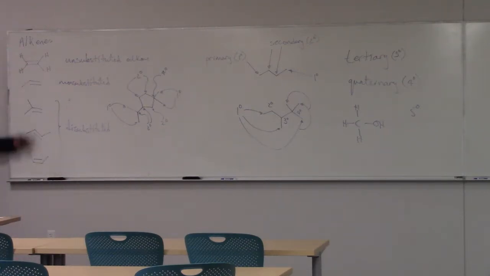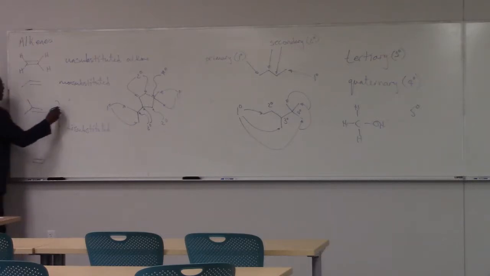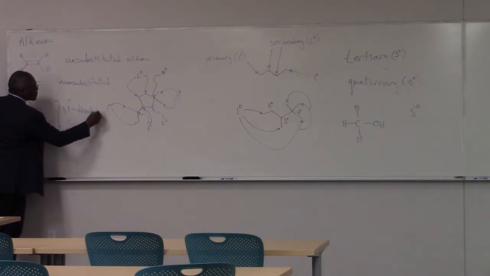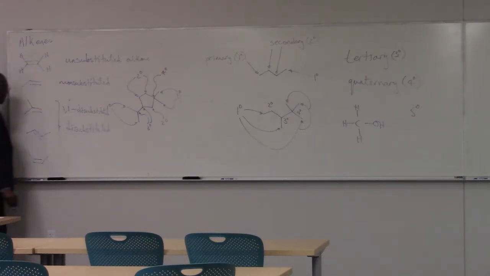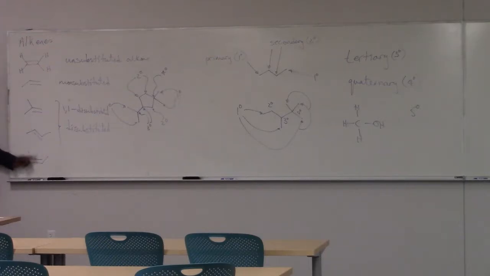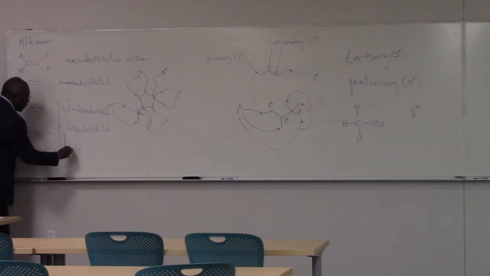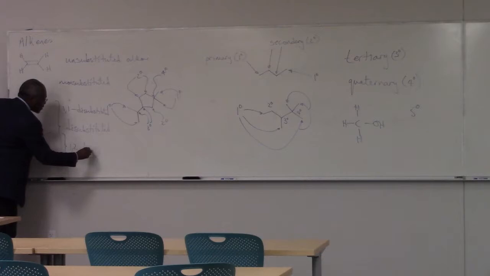Now, within these, both of these alkyl groups are on the same carbon, carbon 1. So I'll say this is a 1,1 disubstituted. Whereas the ones at the bottom are 1,2. In other words, I've got alkyl groups on carbon 1 and carbon 2. I've got a methyl group on both of those carbons. Remember, this is CH3 or methyl. So both of these would be called 1,2 disubstituted